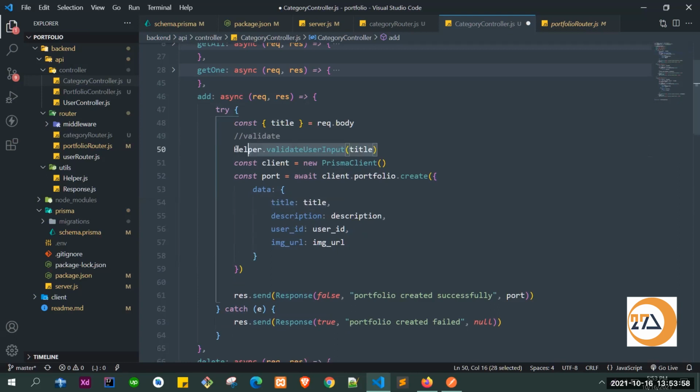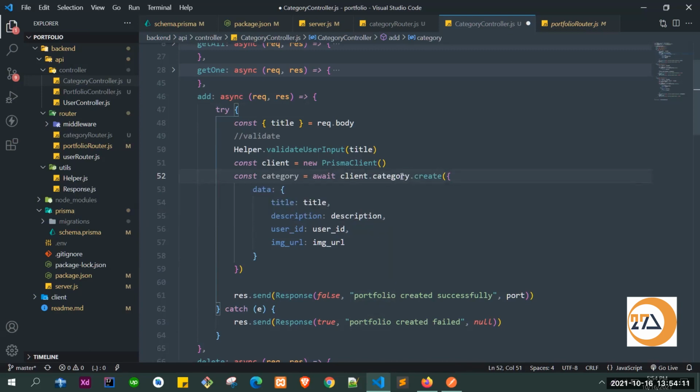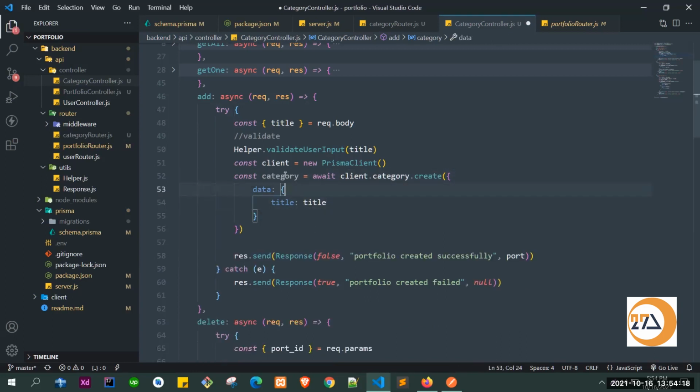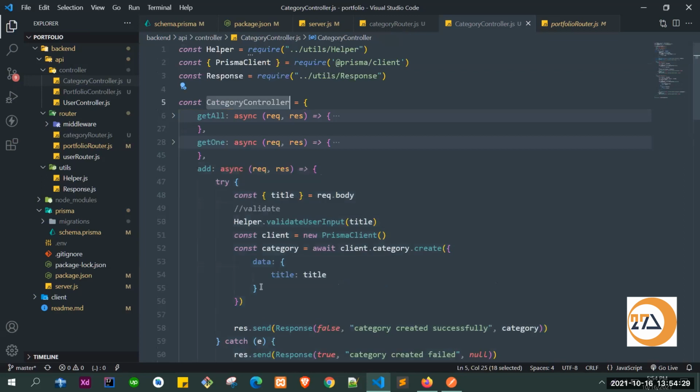So if everything is fine, then we'll create a client, and after that instead of portfolio we'll create a category, and here instead of portfolio we'll write a category. As you can see, we get our category as a suggestion, and after that in create, inside that data we'll pass only the title. Yeah. And after that we get back our category, we can just send it back as a response, and so this should work. And after that we can export this,